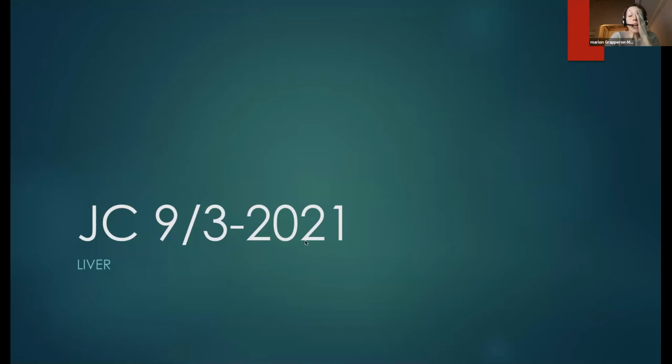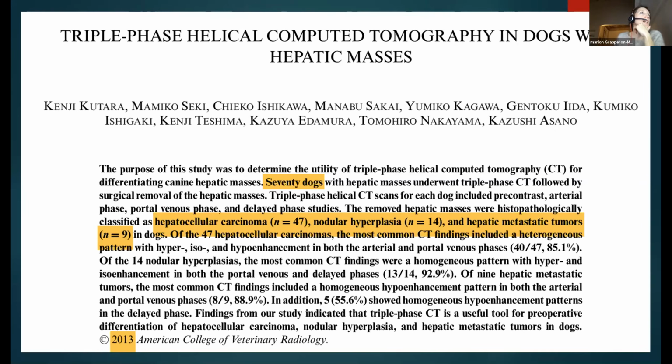So I will just go through the last papers about hepatic masses and the use of CT, and sometimes about ultrasound. And at the end, I will go very quickly through 3 papers that were talking about the localization of masses within the liver through CT. So the first one is from 2013, and